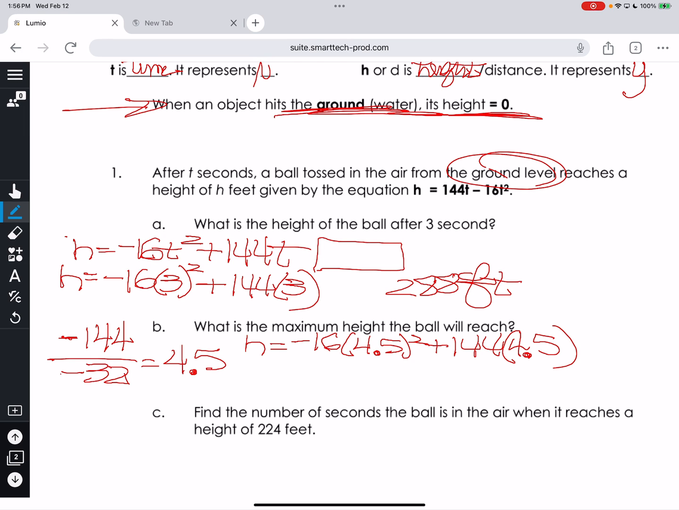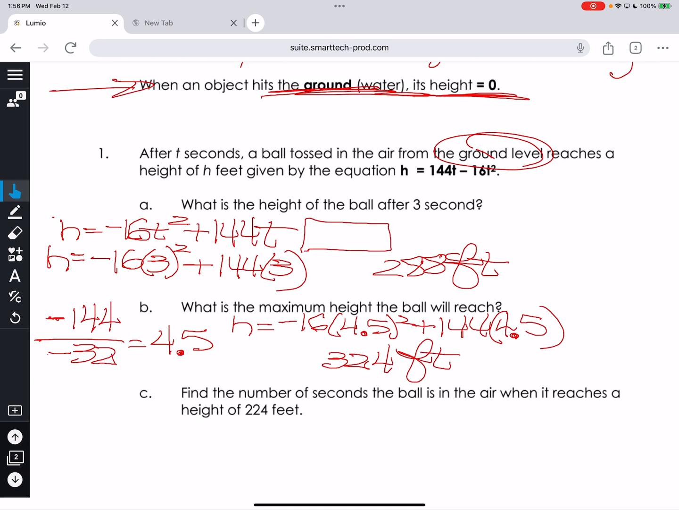So how high up will it eventually travel? 324 feet. So, are we good with that question? All right. Then for C,